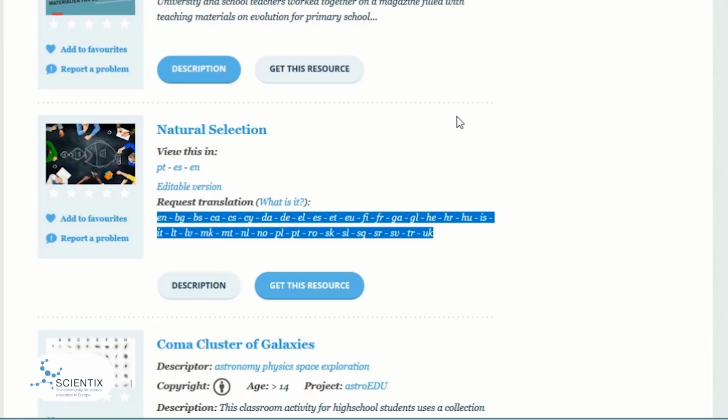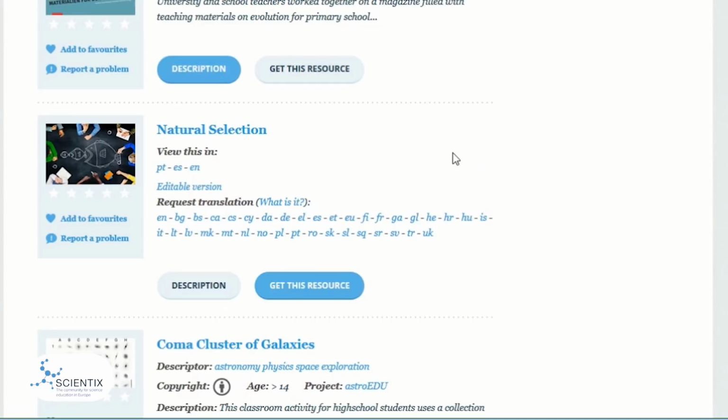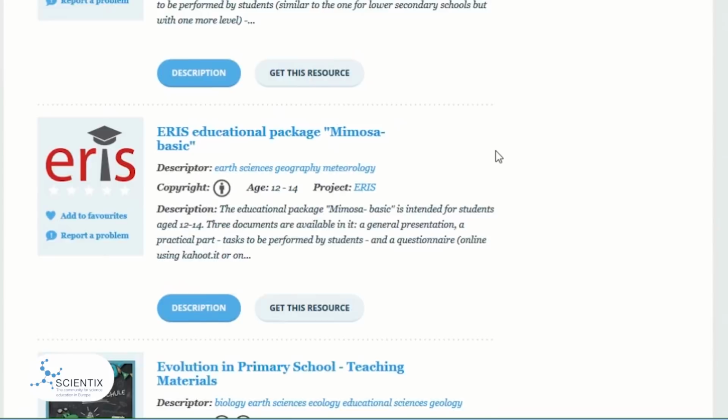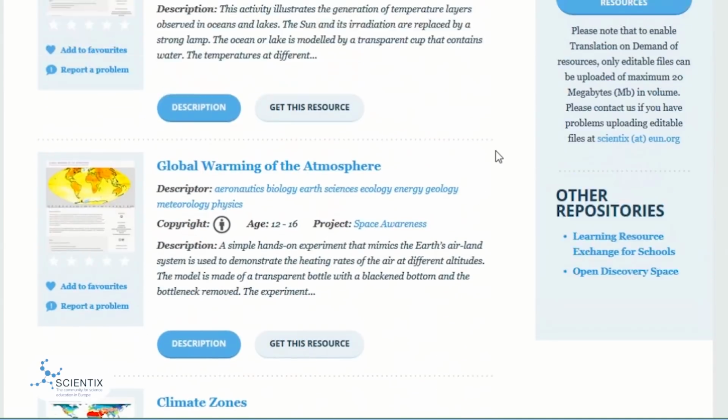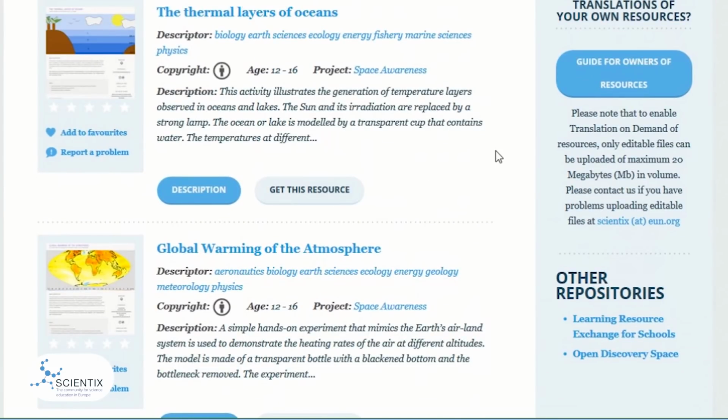Once we receive 3 requests for the same language, we will process it manually, which means the user will not receive an automatic reply once he or she clicks in the portal. Instead, we will contact the requester via email once the teaching material is sent to translate by a professional translator. The duration of the process can differ from resource to resource as it will depend on the amount of text